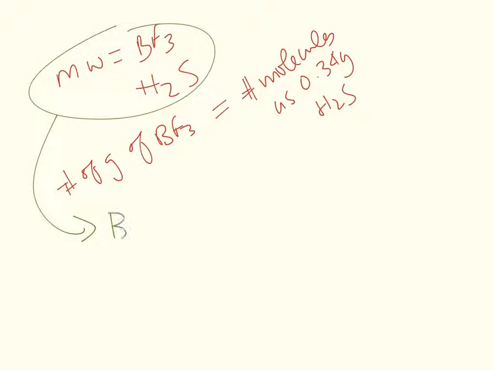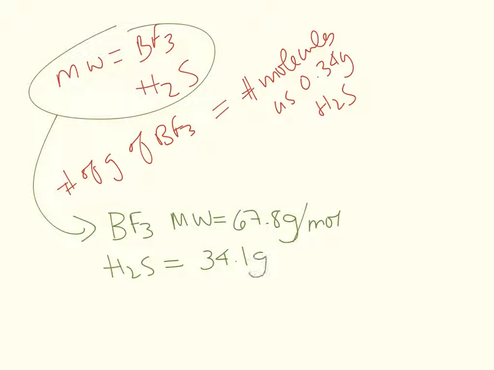So BF3 has a molecular weight of 67.8 grams, more specifically grams per mole, and hydrogen sulfide, H2S, has a molecular weight of 34.1 grams per